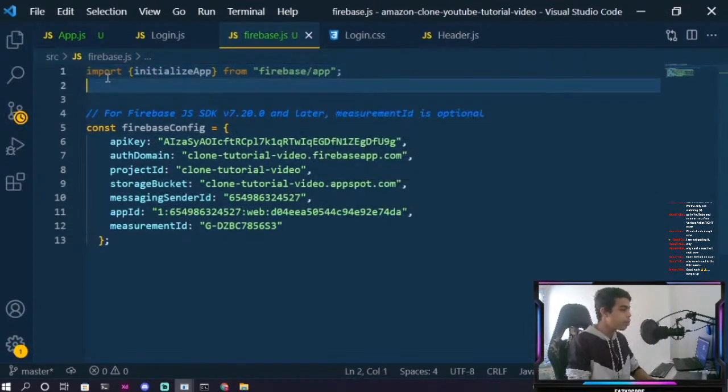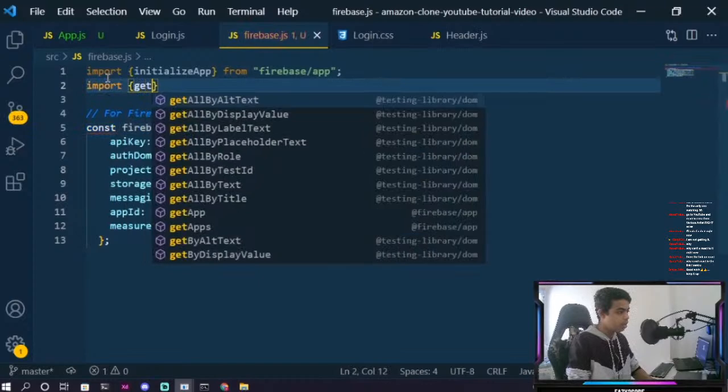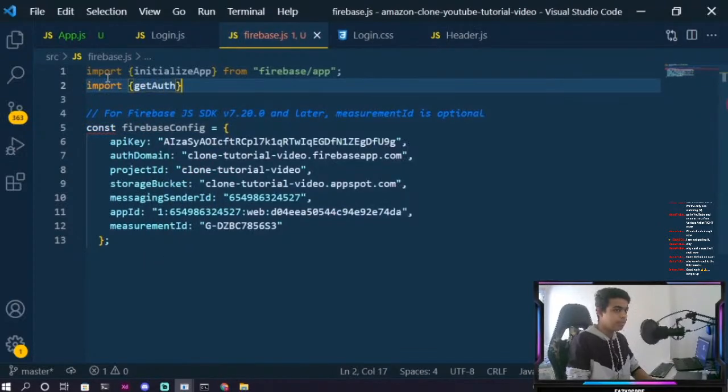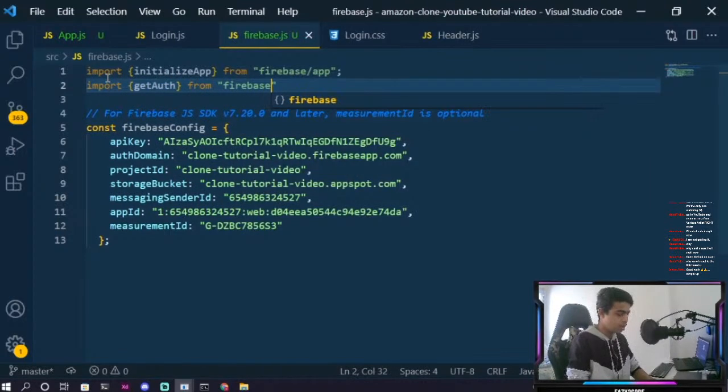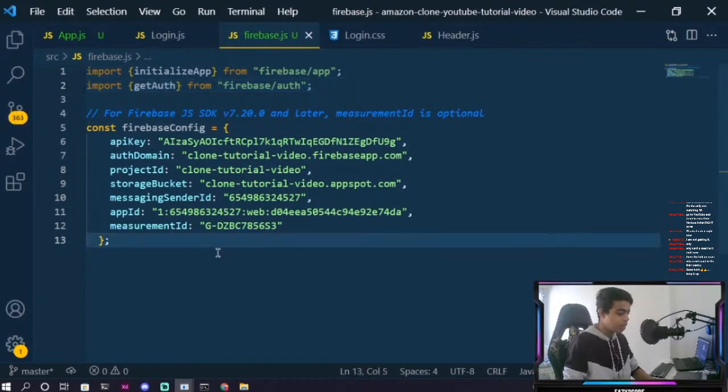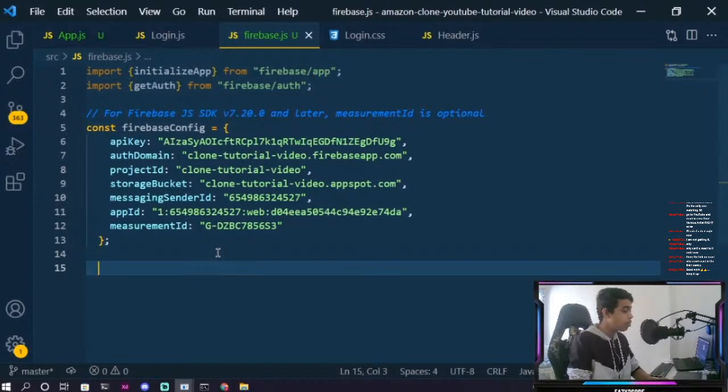After that, we are going to import the getAuth from the Firebase auth package. So after importing these two from Firebase, we need to just create a variable after our Firebase configuration